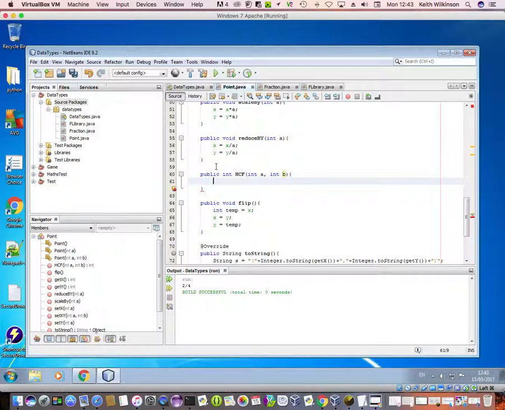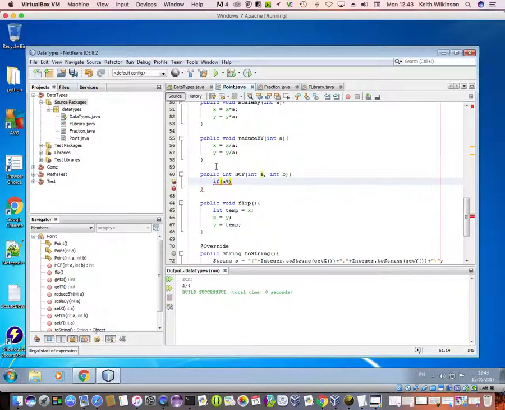Now this is not just a straightforward return. As I said, this is Euclid's algorithm, and the method that we're using here is called recursion. I'll do it first and show you what the code is, and then I will try to explain it in another video. So the code that we require is if